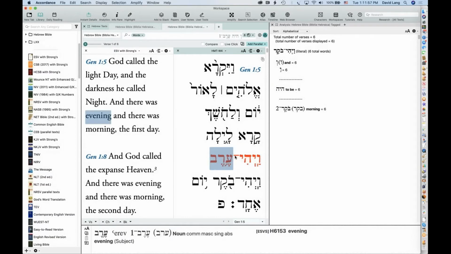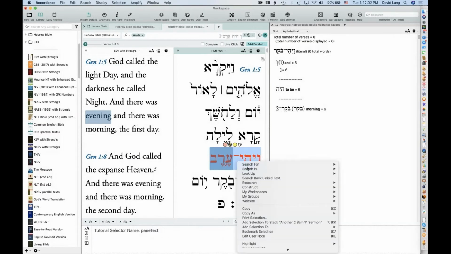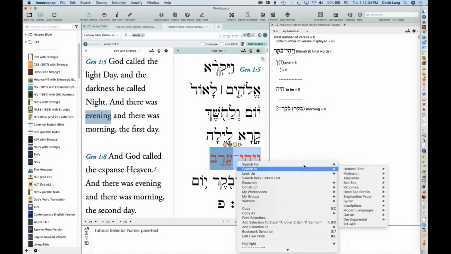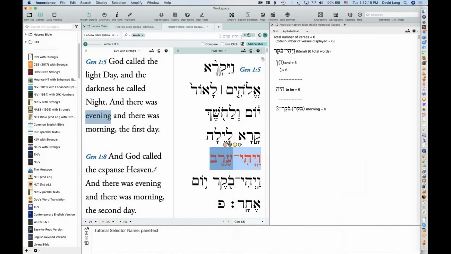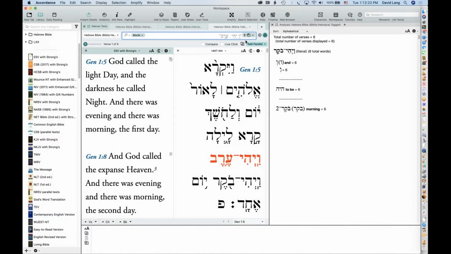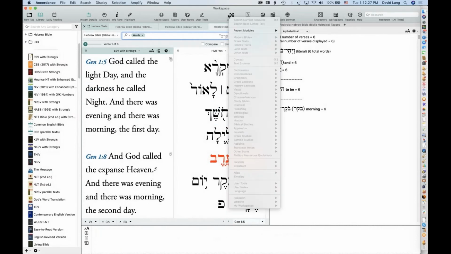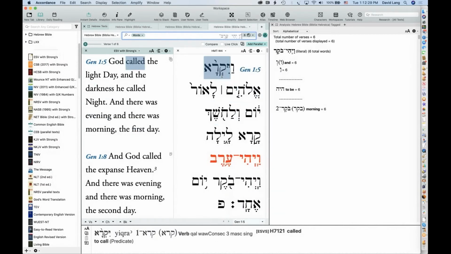You can also select some text, and then right or control click that text and do search for. And this is the same as going through the amplify. But if you can't remember what was the key I was supposed to hold to do an inflected search, you can just right click or control click and choose search for inflected. And that will do the inflected search and format that correctly. Okay, so either through the amplify menu or through the right click menu, you can search Hebrew phrases and have it all formatted for you.